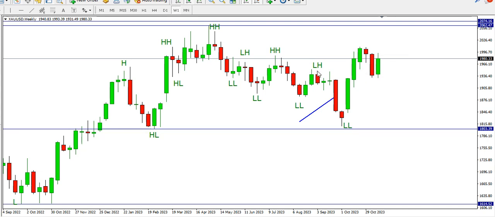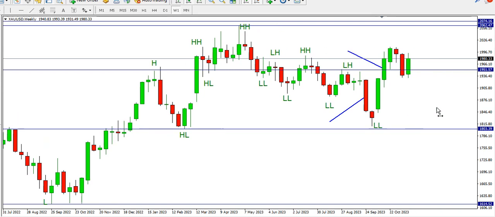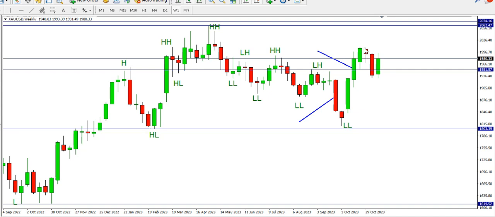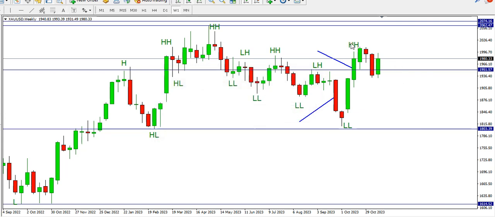Price went up, we have a break of this structure, then price rose up for us to have the break of this fresh structure that we have around here. Talking about this structural high, it broke it around here. Okay, and then we can see another fresh high. So we have lower high, lower low. Now this is going to be higher high because this particular point is higher than this recent high. So we're going to call that point higher high,